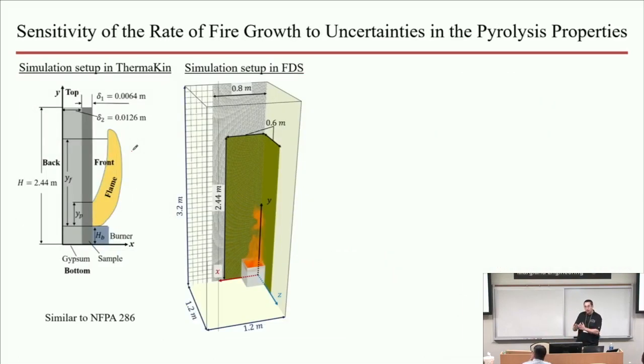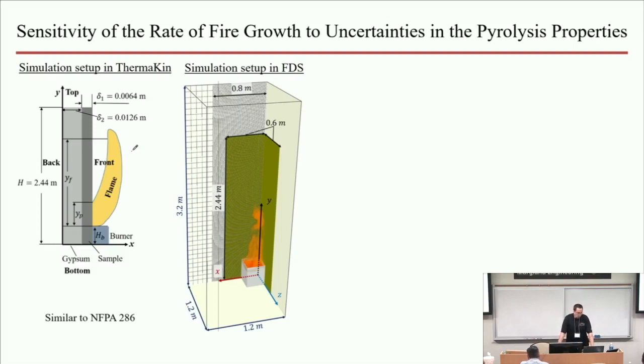As our target simulation, we chose an approximation of a room corner test. For those of you who are not familiar with it, it's a test for wall lining materials where a 40 kilowatt burner is placed next to a vertical wall corner, and the burner is ignited for a certain period of time, and then you determine whether that material spreads the flame and at what rate. Typically it's done in an enclosed room, but in this particular case, we looked at the open corner scenario, just so that our problem was dominated by the material itself and not the formation of the smoke layer and all of these other things.